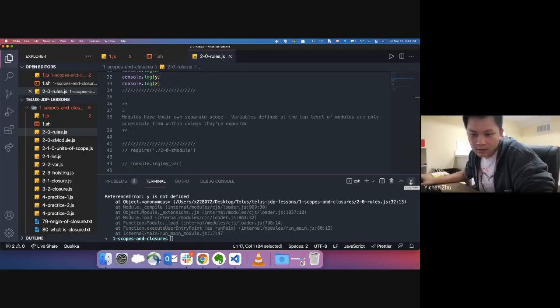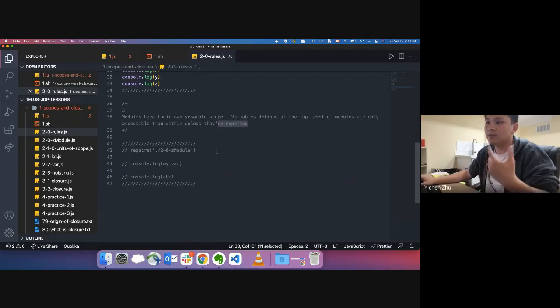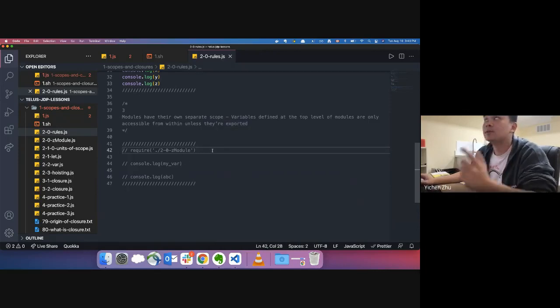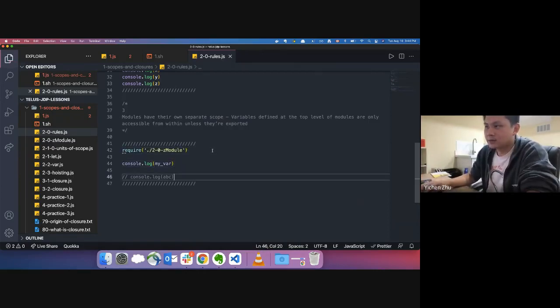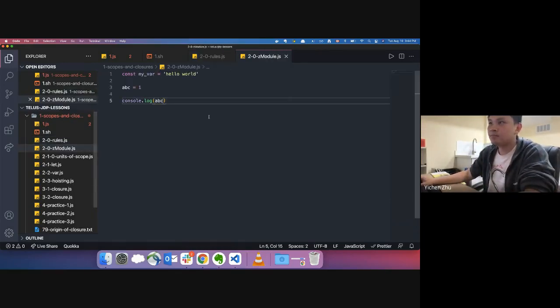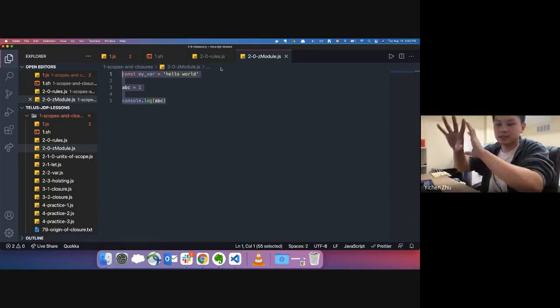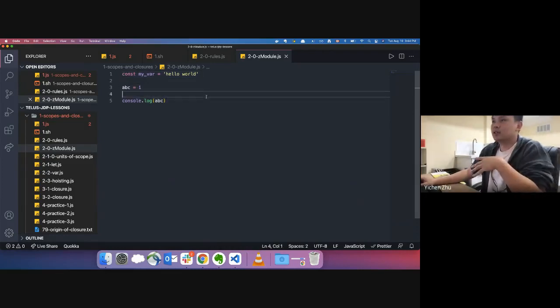Okay, cool. So for the modules, let's say modules have their own separate scope unless they're exported. I'm using ES5 CommonJS, so I'm not using the ES6 imports in Node, so I didn't want to bring in Babel. I'm sure most of you should know this. When you require a module, you're essentially bringing in something that's in its own completely separate scope. So there is no such thing as the pollution of